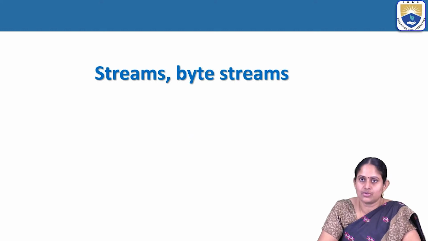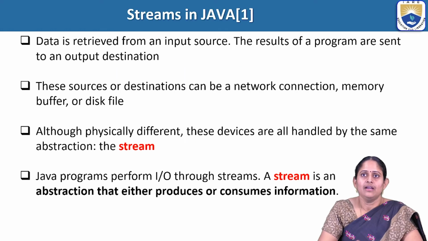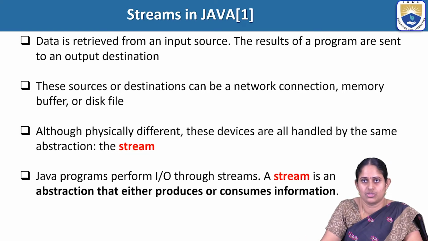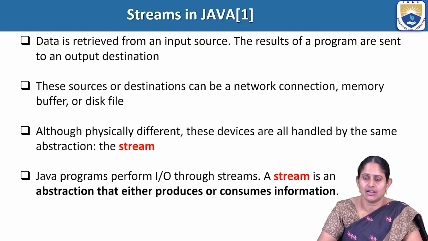Let's look into the streams. Whenever we handle any data, we generally retrieve the data from an input source. The data read from an input source may be sent to some output source. These input and output sources may be any network connection, memory location, or disk file. All these devices are physically different, but they are handled by the same abstraction called a stream